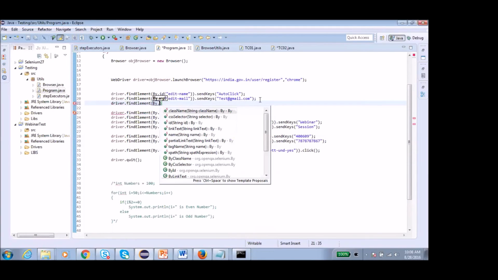See, these are the different locators which we have in Selenium. By dot whatever we want to select, just select this. And my personal experience is that XPath is one of the worst locators, so don't try to use XPath. If we are not getting anything, then try to use XPath, and in that also try to use relative XPath. So XPaths are of two types: relative path and absolute path.